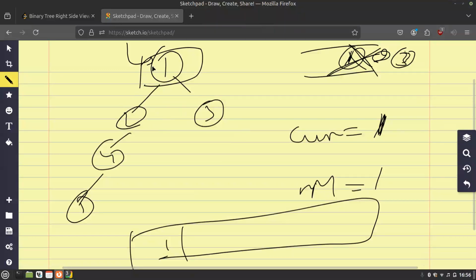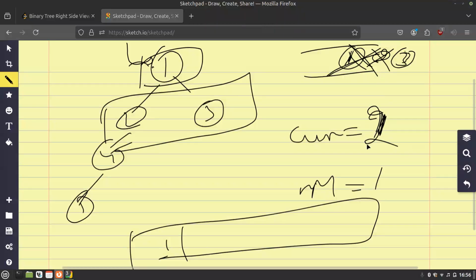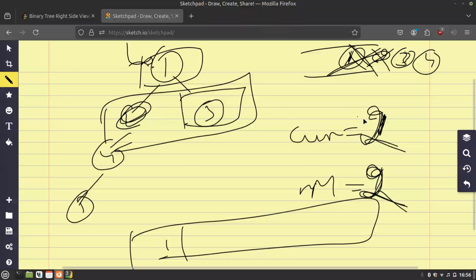I move to the second level, which is 2 and 3. Get the current one, add it over here. Push the left and right inside. It does not have right, so push 4. Do the processing. Add the rightmost as 2, and that ends for this node. Now move on to the second node, which is 3. Get it out of the queue, pop it out of the queue. Current becomes 3. It does not have left or right, so we will not push anything. Rightmost becomes 3,